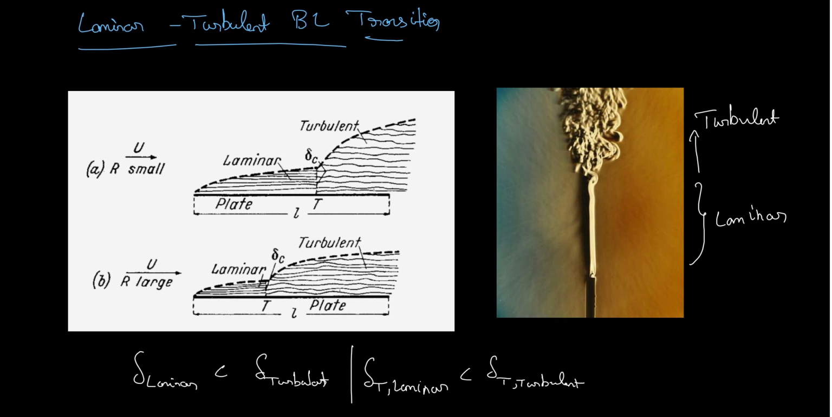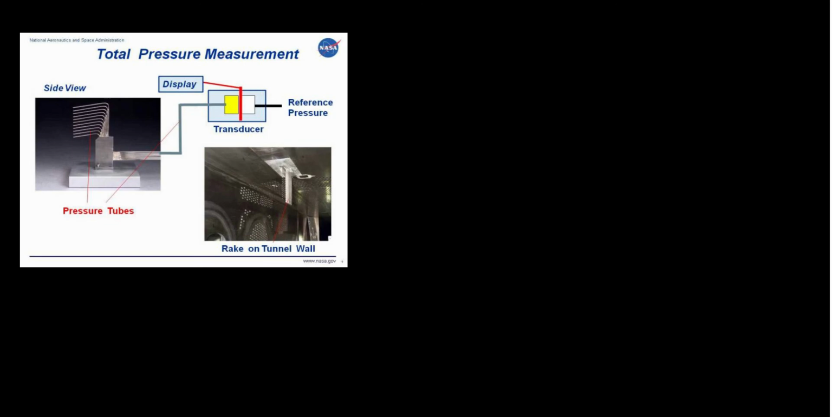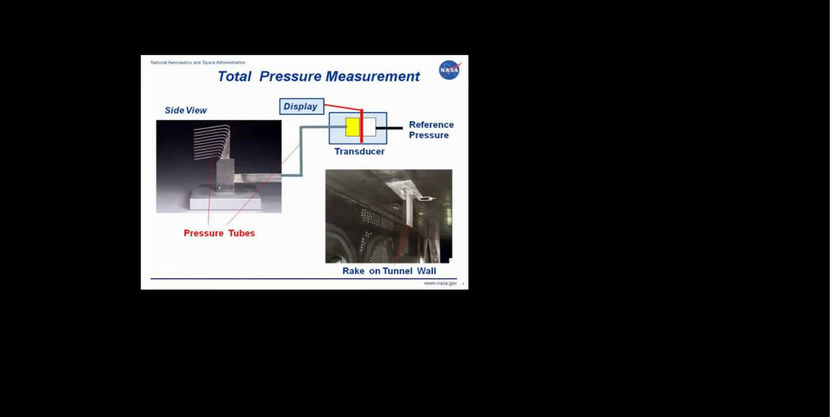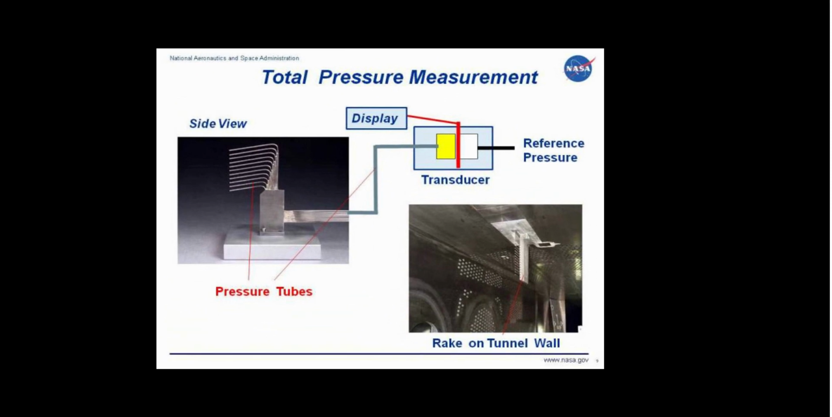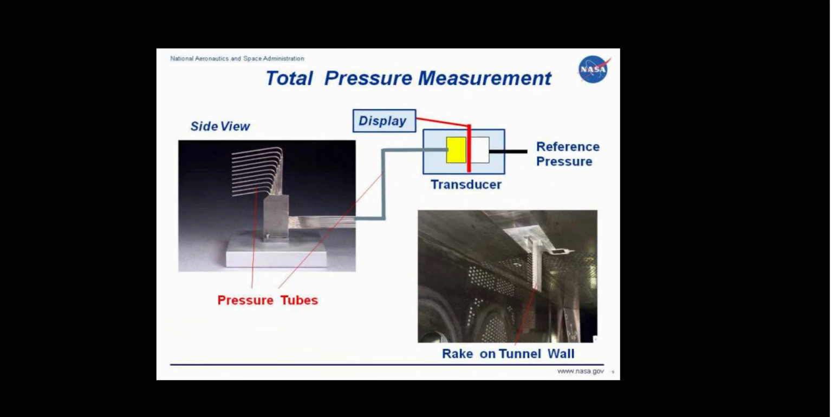And the next thing would be discussing how properties in a boundary layer are measured. So usually the simplest way would be to use a pitot static tube to measure the pressure, and also the stagnation pressure from that. So this is a picture from NASA's website, which shows